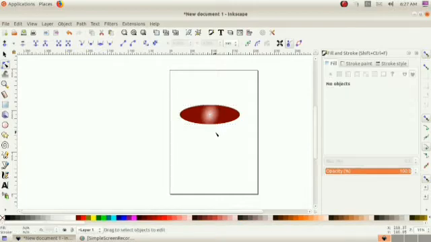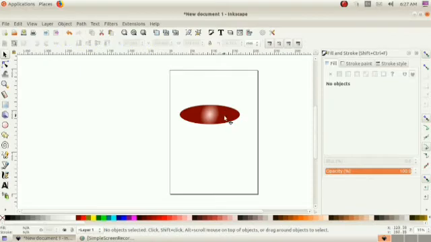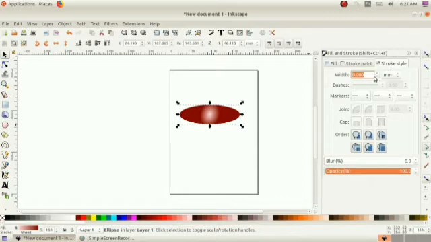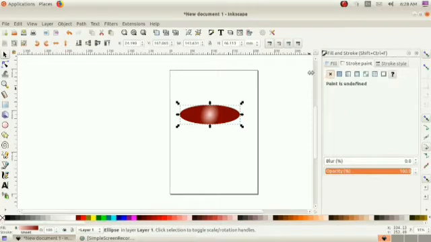Select it, and next I am going to give the stroke size to this circle. What is a stroke? Stroke means the outline, outside line or outer line. Then stroke paint. Did you notice the changes?